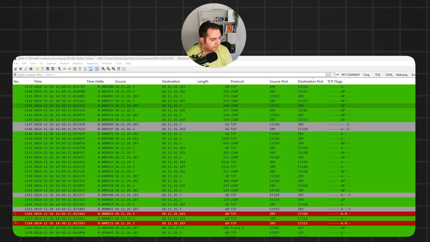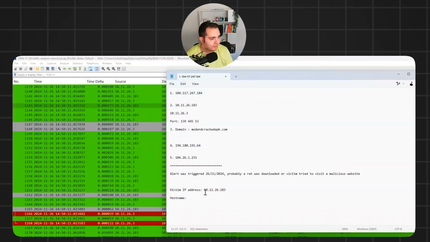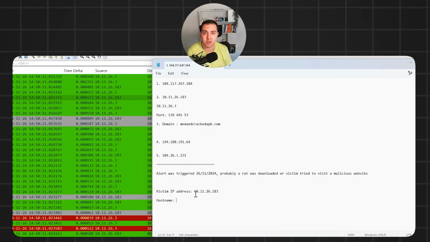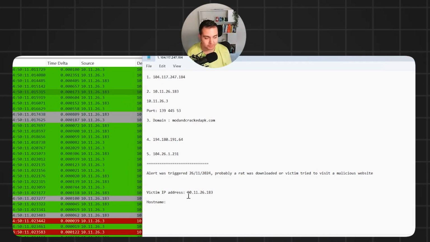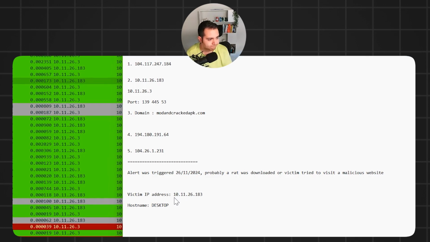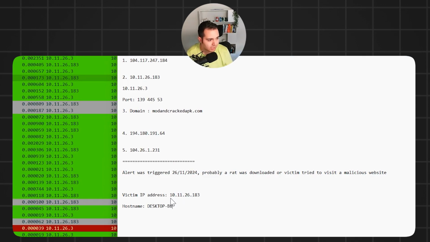So I'm going to write that down, because I'm adding all this information inside the ticket. So the incident responder, the person maybe in the next layer in the SOC team, can investigate in a really better way. So the host name is desktop B8TQK49. Okay,